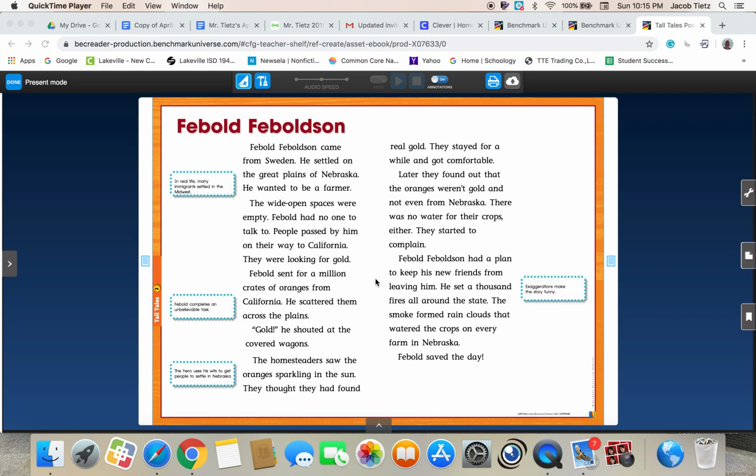Another thing that makes a story a tall tale is that the main character is a hero or heroine and is often based on a real person. So that sometimes shows up in tall tales as well. Another thing is that the hero has superpower or superhuman strength and skills. As we know, Paul Bunyan, with his massive size, humans don't get that big.